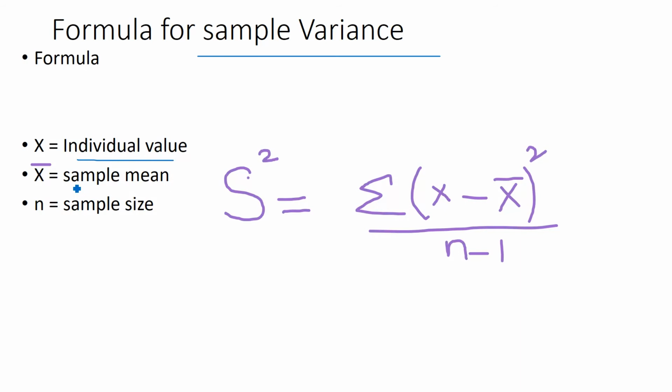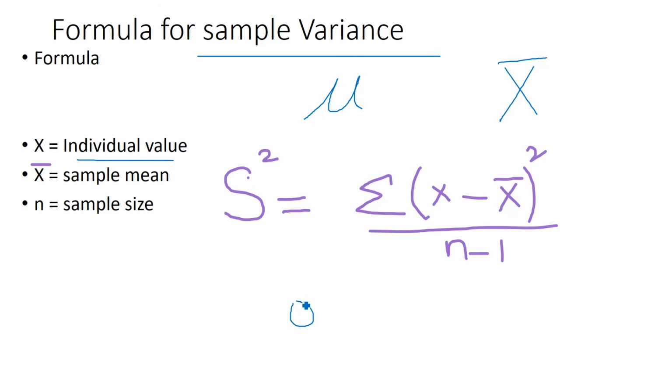Suppose we have 10, 20, 30. You add 10 plus 20 plus 30, which is equal to 60, divided by 3. In this way you will get the mean. And n is the sample size. In this case, with 10, 20, 30, our sample size is n. So mu represents the mean of the population, while x bar represents the mean of the sample. This is the first difference. In a population you use mu for the mean, and x bar for a sample.